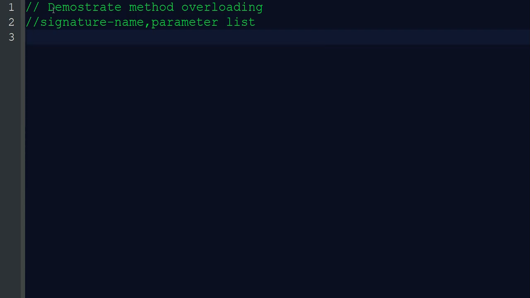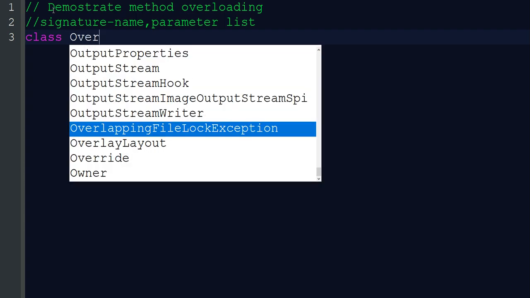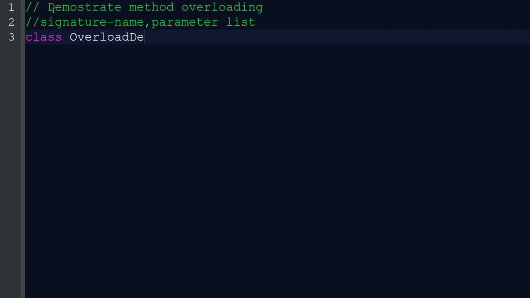So we are just starting to create a Java program with one class. The name of the class is something like OverloadDemo. Class start. In this, there are no instance variables, we are only concentrating on the methods of a class.